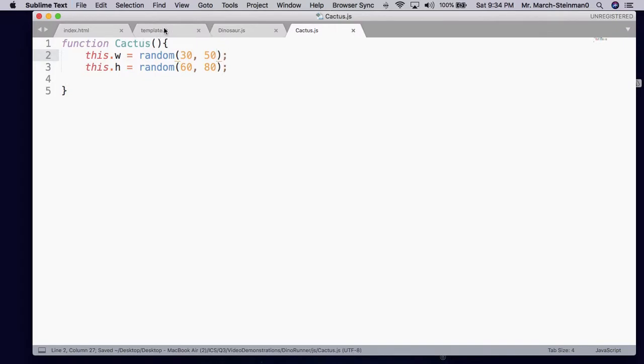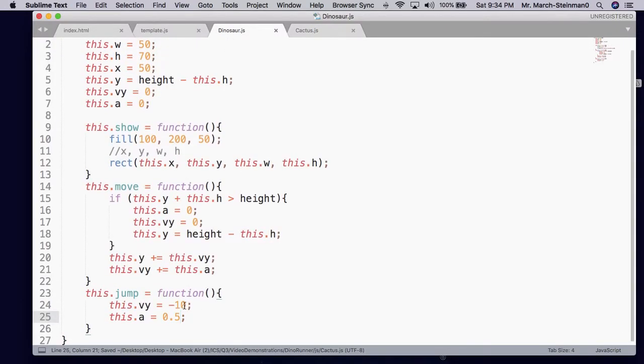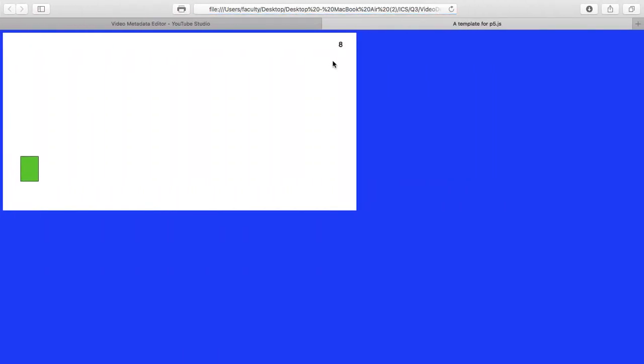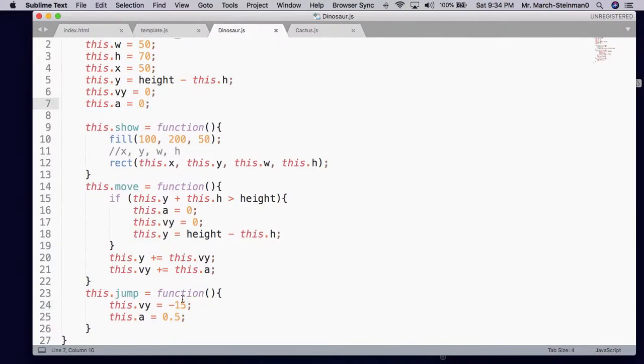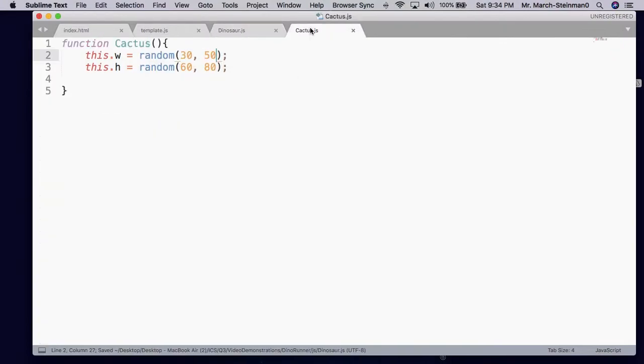If this becomes an issue, we can always make the dinosaur jump higher by making the velocity value a little higher. But for now, let's keep it at 10. So this is something that you can control the difficulty of your game with. If you have a random value for your cactus's width and height, the cactus will always be a little different depending on when it generates and which game you're playing,